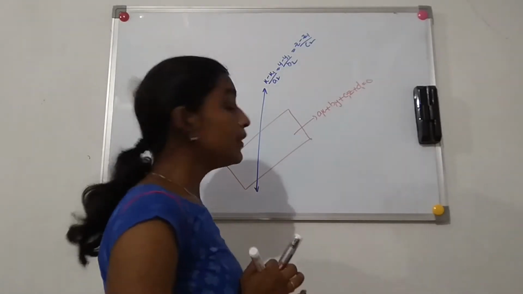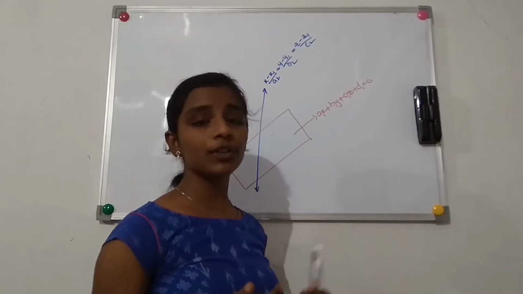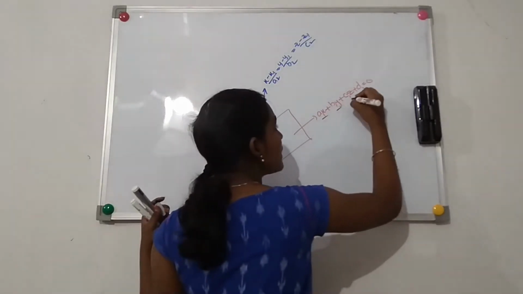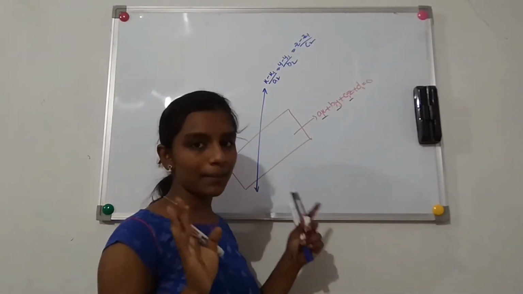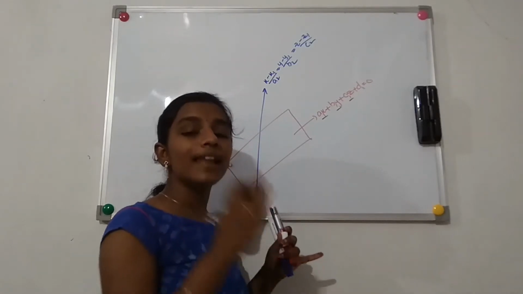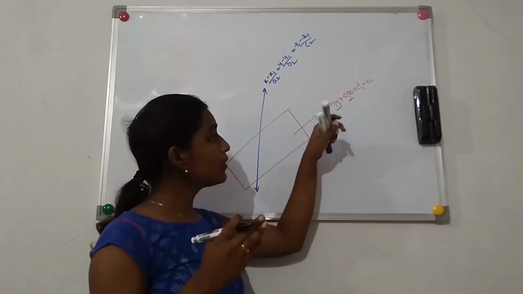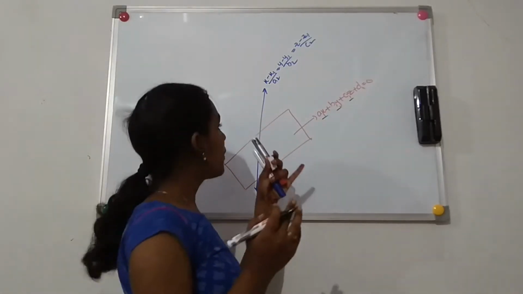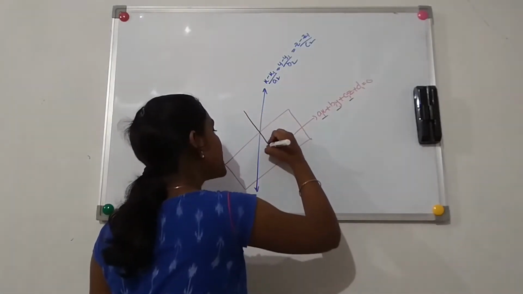So you all know what the terms are. Am I right, or must I remind you? a1, b1, c1 are the dr's of the normal to the plane. Remember, I have told you already that only a line contains dr's but not the plane. So we are going to take the dr's of the normal to this plane. Let me draw the normal of the plane for you. That is this.